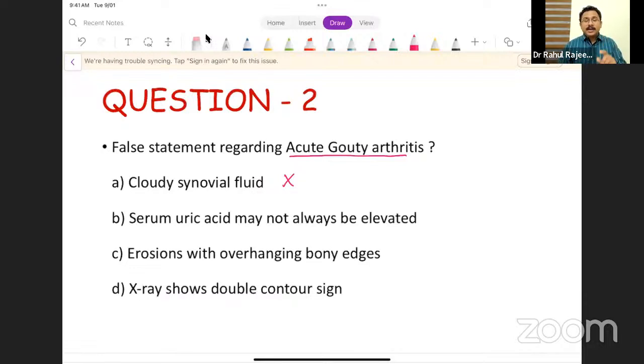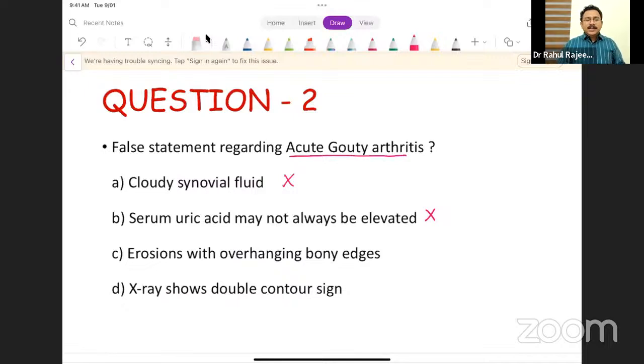Now listen to me carefully. These inflammatory cytokines can have uricosuric action, which means when a patient presents with acute gouty arthritis to the emergency department, at that particular point of time, because of the uricosuric action of the inflammatory cytokines, there is a chance that the uric acid might be slightly reduced than what it was maybe a few hours back. So you cannot always say that during the acute episode, the serum uric acid will always be elevated. So I am just removing this option as well, because this is also a true statement.